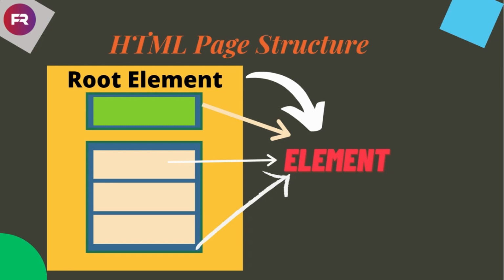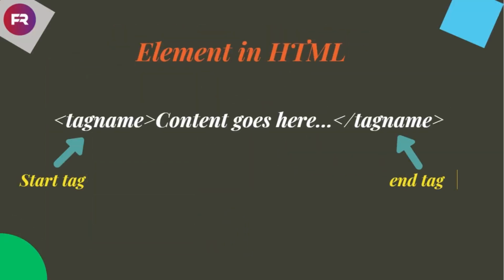The structure of HTML is in the form of elements. The entire HTML page is enclosed in a root element. Inside each element there can be multiple elements. What is an element in HTML? An HTML element is defined by a start tag, some content, and an end tag. Some HTML elements will display correctly even if you forgot the end tag. However, never rely on this. Unexpected results and errors may occur if you forgot the end tag.